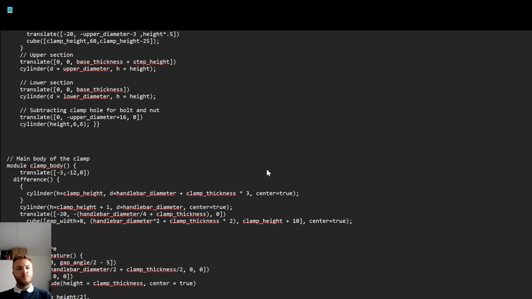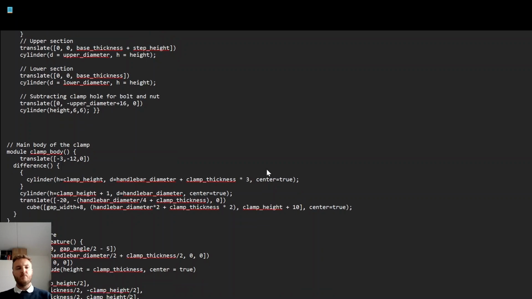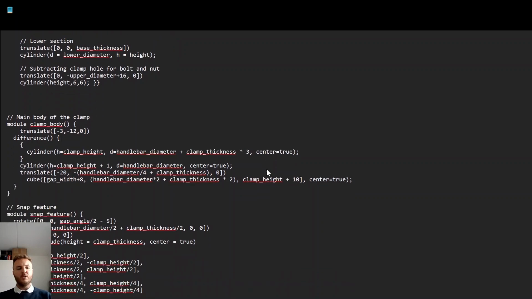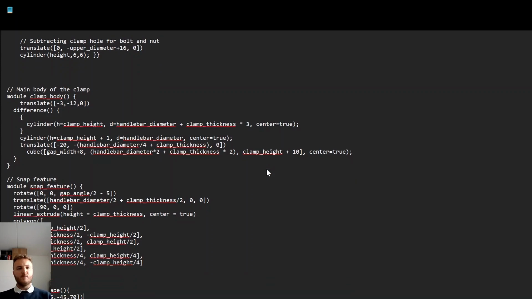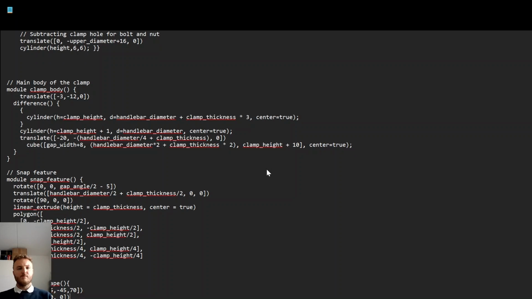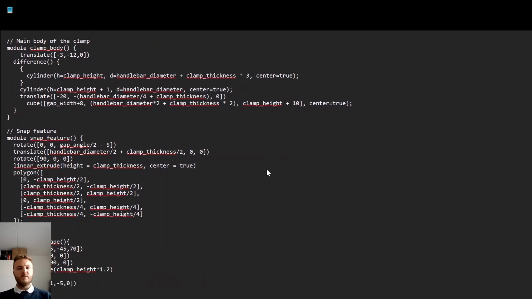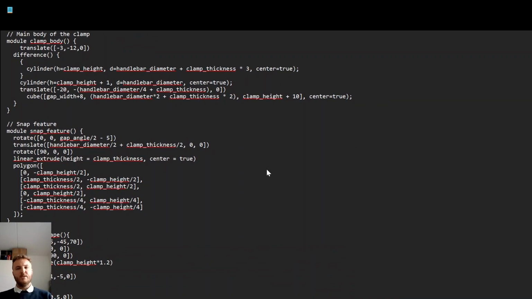Rotate, linear extrude is like when you create a 2D object and you extrude it into 3D. So that's polygon. Module rib_shape, translate, rotate, linear hole, translate circle, translate hole. This is just like a lot of translate hole. The whole command. Translate circle is another like